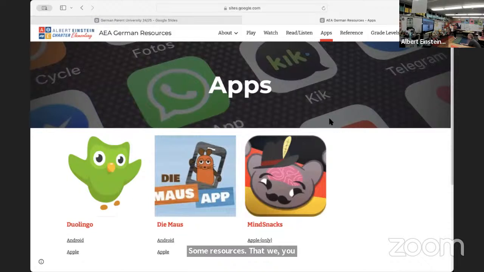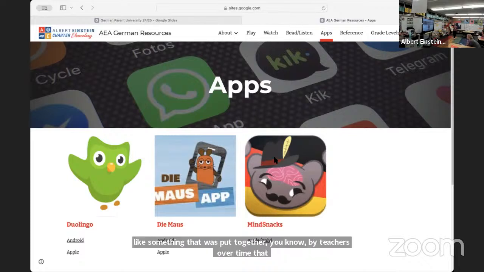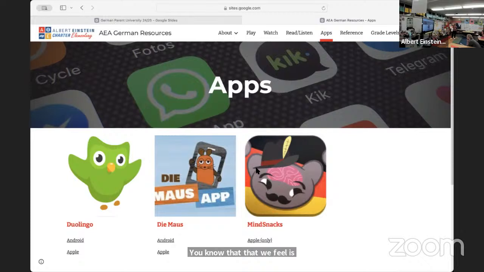But there's so many more. Like, yeah, I mean, on the internet you can find anything in German. But this is just something that was put together by teachers over time that we feel is helpful. So what I want to show you, and some of you might already know, is an app that we use